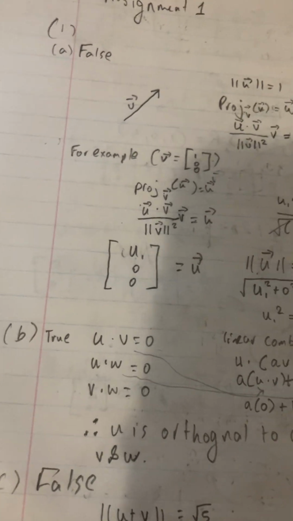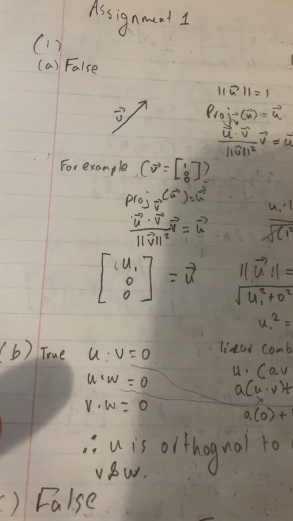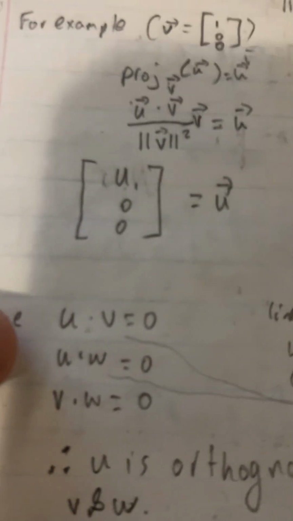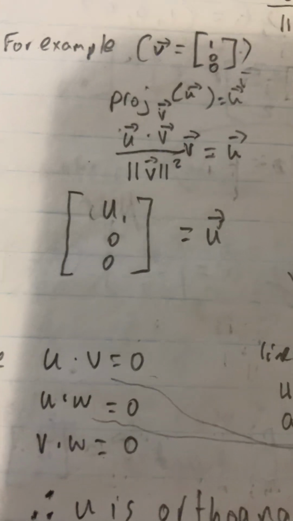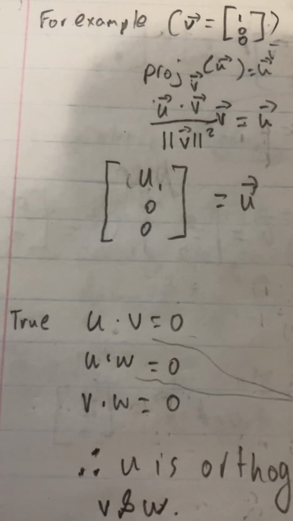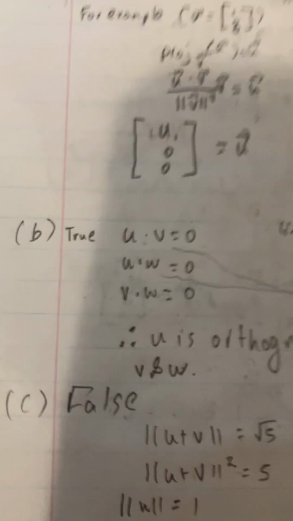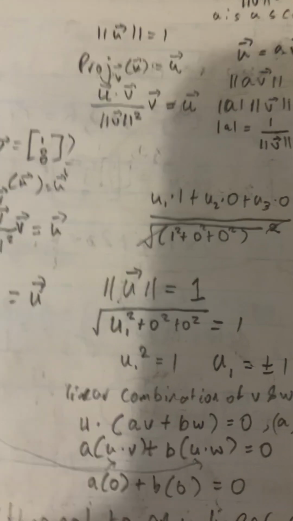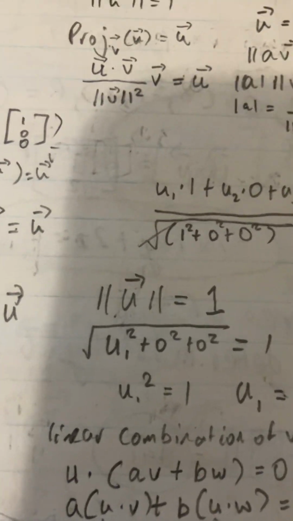So if U, V, and W are mutually orthogonal, then U dot V is going to be equal to 0, U dot W is going to be equal to 0, and V dot W is going to be equal to 0, right? And now, for the linear combination of V and W,